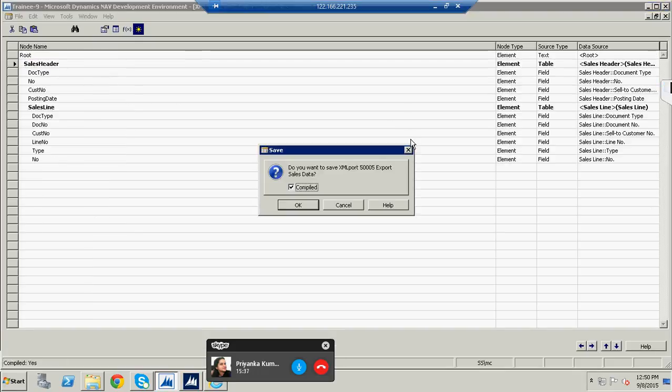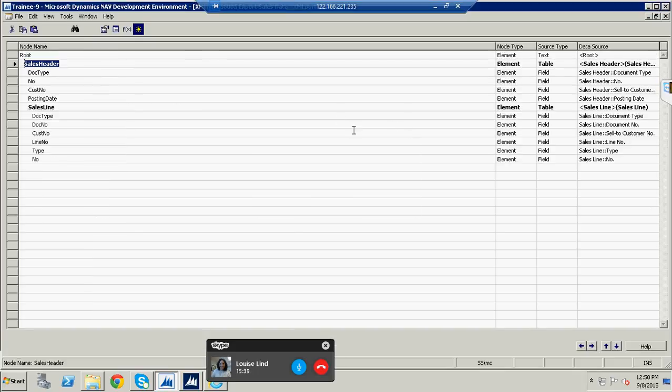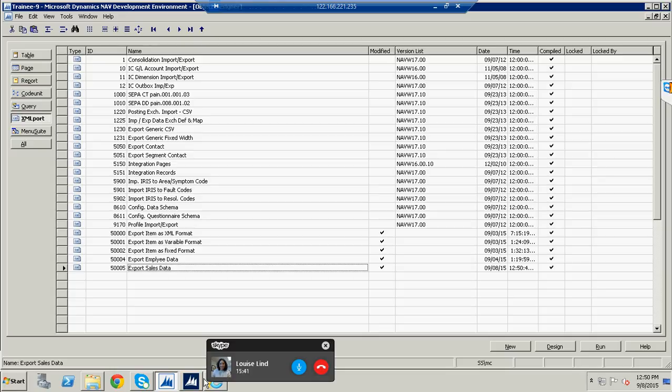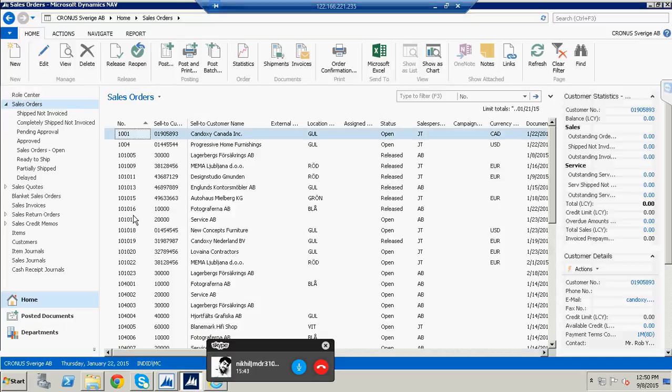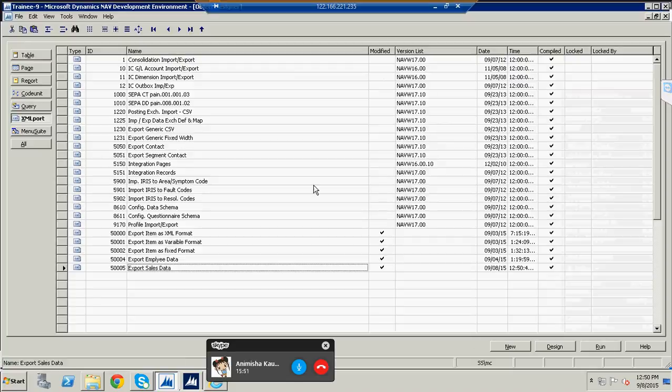Now I save this. Let me run this. So before we run, let me see what all we have in the sales orders. We have this many orders. So now when I run this,